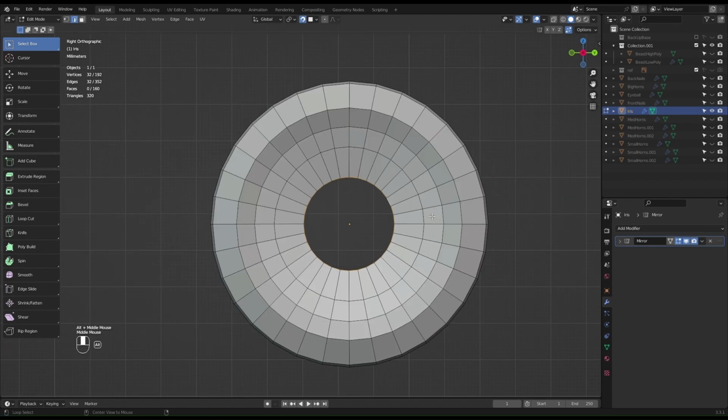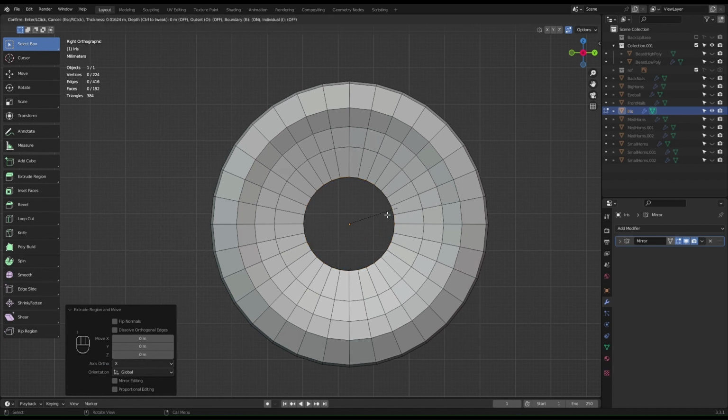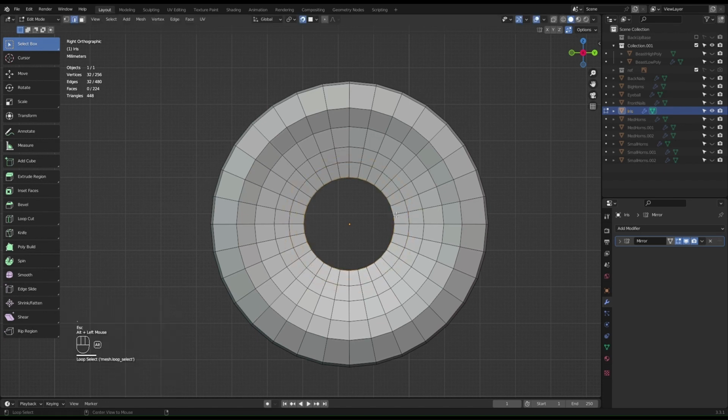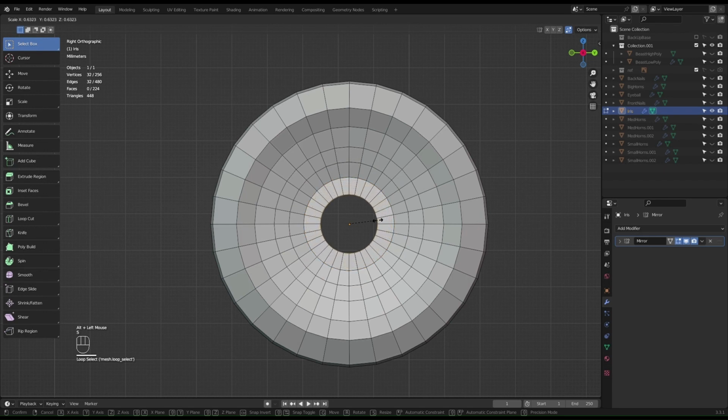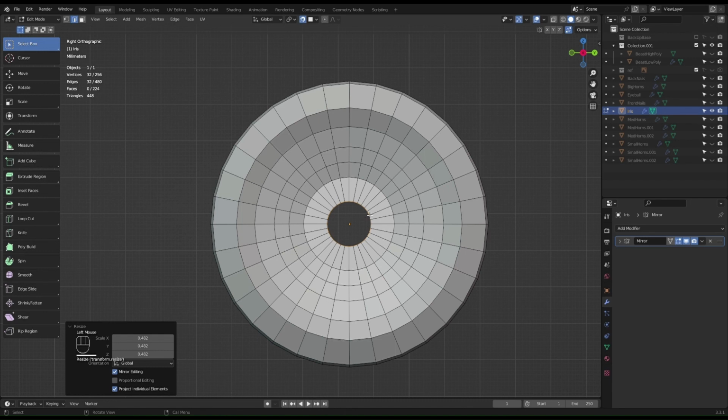Snap to the front view, E2 extrude. Now it extrudes in the other axis. So what I'll do, I'll just press Ctrl R and loop, press escape, select this one, scale it down like so, almost as the size of the pupil. Probably need to scale it up a bit now. Size of pupil,